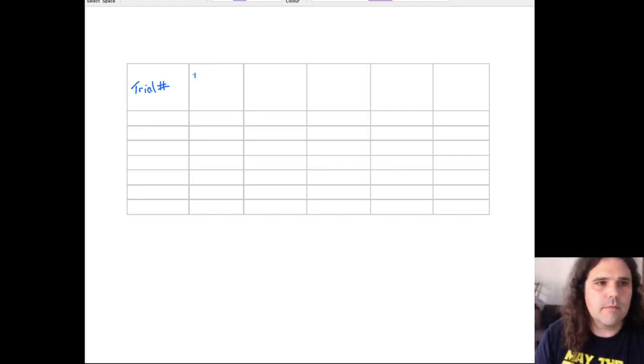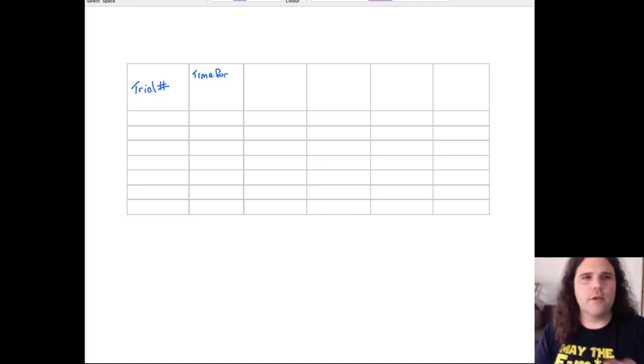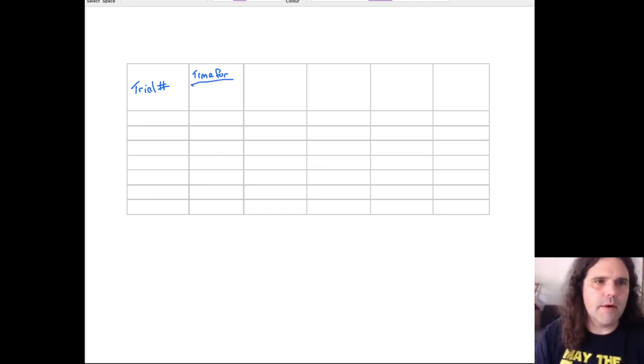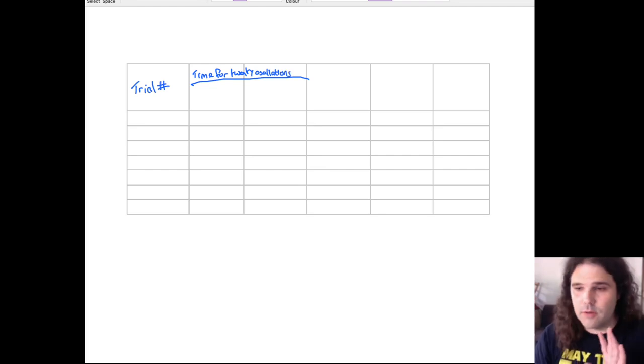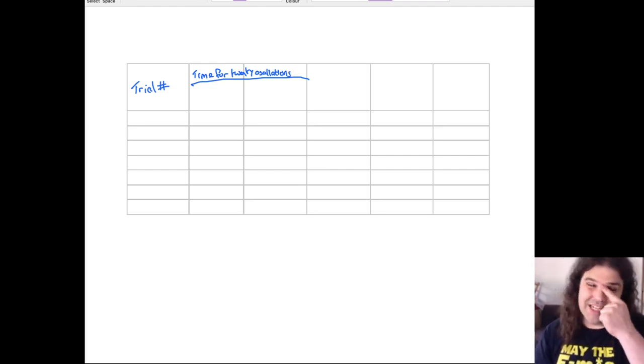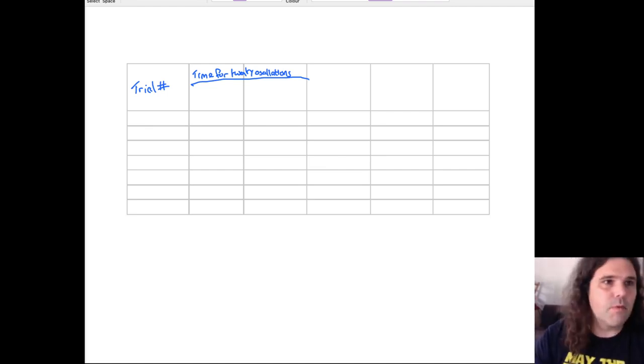So you could say time for. Now as we're doing this twice, it's kind of acceptable to have a heading that goes right the way across. If I could sort of do a fancy merge thing on this, I would, but we'll just have to pretend that I've got a line across there and that line in the middle isn't there. Time for 20 oscillations. Now in results tables, this is just my personal preference, I like things to be nice and simple, so in terms of a nice defined symbol. Whilst it's perfectly acceptable to write that, because it's clear, provided I've defined what I need it to be later on, I quite like writing